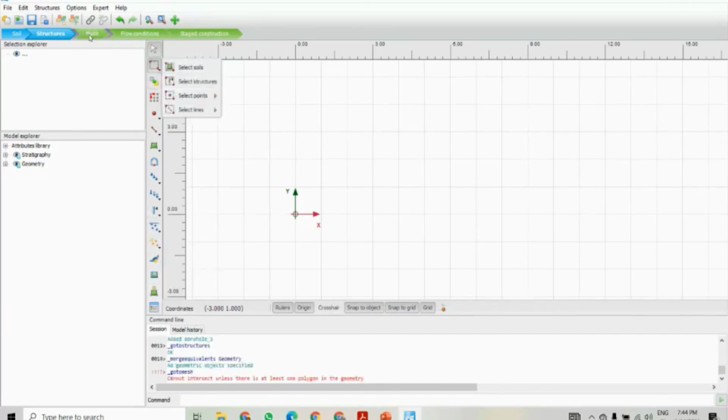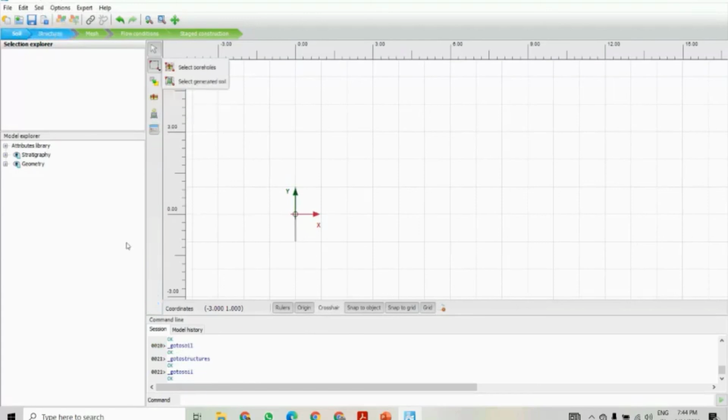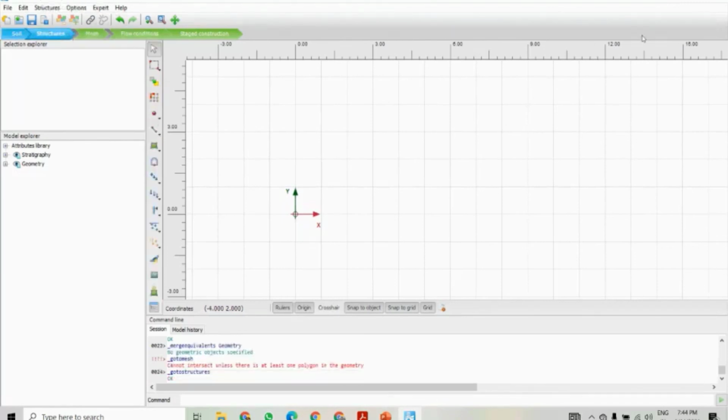Then mesh generation is there, because the mesh will be generated after we create the structure here, right? So this is the basic interface of this software. And here you can see the ruler is given. We can check from here.